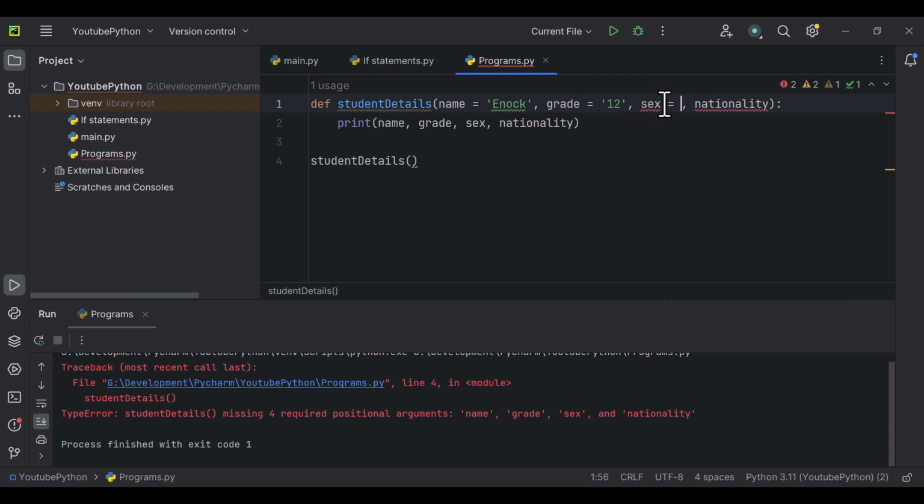The sex is M. Then we can also initialize the nationality to be, let's equate it to something like Eugene. But I wouldn't like to leave any space, because these tiny errors can make the code so unreadable. So now that we've passed in some default values of the name, the grade, the sex, and the nationality,